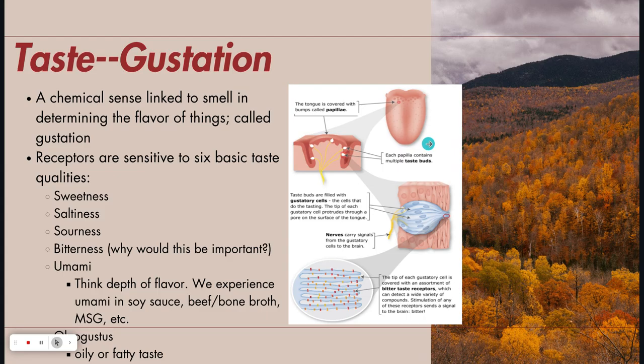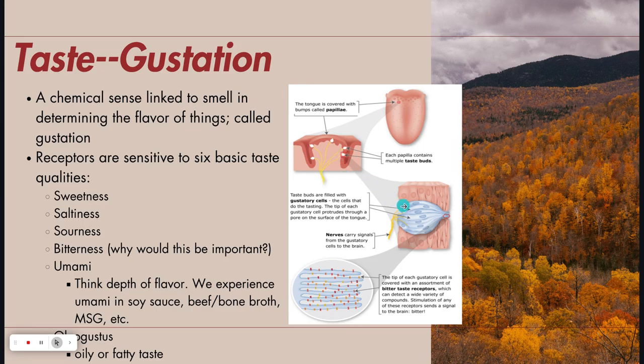So the way taste works, we'll use this diagram. And again, you're not going to need to have this exactly memorized, but this is just to give you an idea. So the tongue is covered with these little bumps, or if you were to feel your tongue or look at your tongue, you'll see them, called papillae. Those are not actually your taste buds, but instead your taste buds are inside those bumps. So if you notice, this is like the big bump you would see on your tongue if you're following my mouse. And then you see these little white, they kind of look to me like little garlic cloves. Those are actually the taste buds.